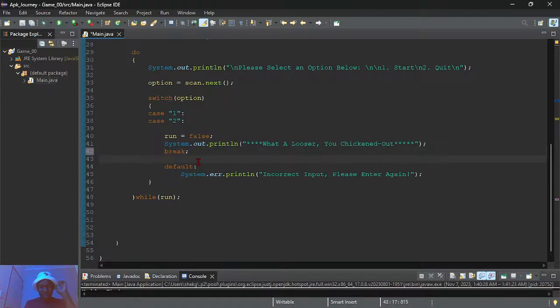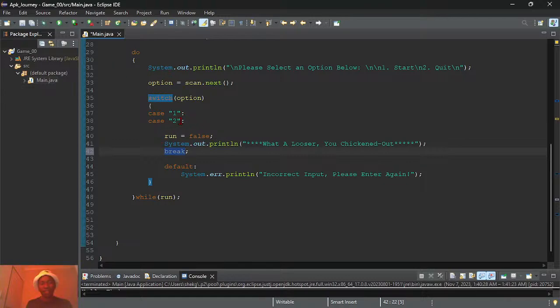The purpose of this break, in short, is just to separate these cases. What happens in case 2 should just end on the break, and then it shouldn't continue. The program shouldn't continue reading or compiling the code following the break. So for example, now the user entered 2.